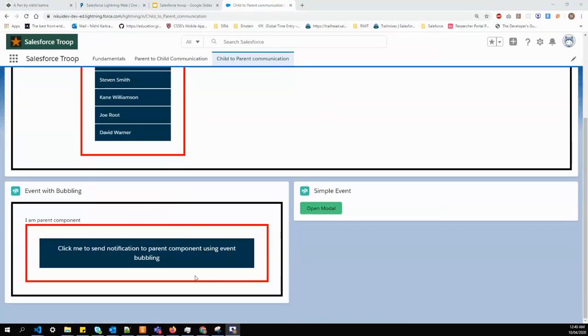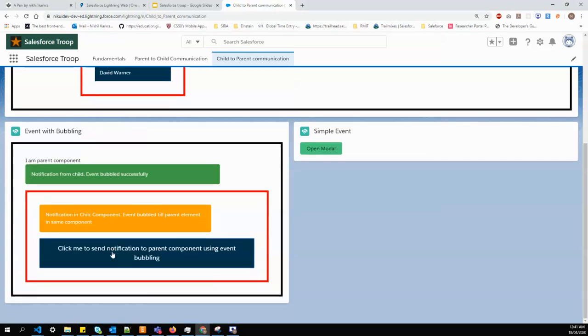Under the red one, we have this button, "Click me to send notification to parent component using event bubbling." As soon as I click here, one notification box should come under the red, under the child area, and one notification should come under the black one, that is the parent component.